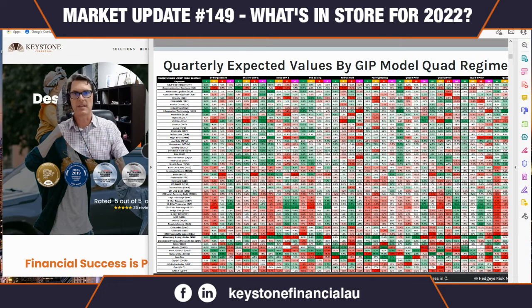But one of the things I'll be studying over the course of the next few days, and probably over my break, is where can we find, and it's worth pointing out here on this table, for example, if we have a quad 1 scenario, or even a shallow quad 1, versus a shallow quad 4, where are we best positioned to straddle that line? What asset classes are the best to own for that type of setup?